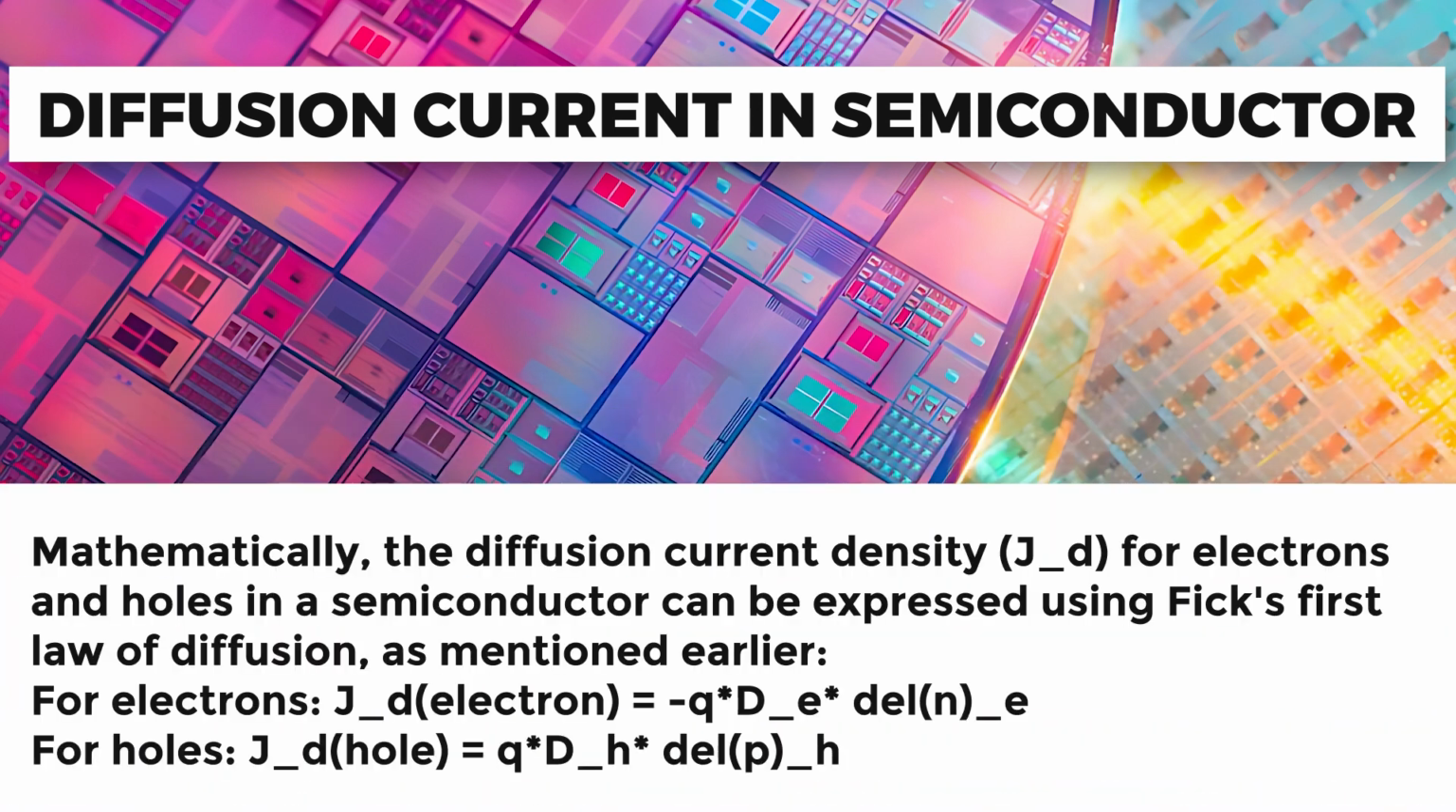Mathematically, we can also explain this. The diffusion current density for the electrons and holes in a semiconductor can be expressed using Fick's first law. That equation we have already seen previously, but here we include the concentration of the electrons separately, and we also include the concentration of the holes. For the electron, J_D is equal to minus q D_e multiplied by gradient n_e. For the hole, the current density is equal to q D_h gradient p_h,